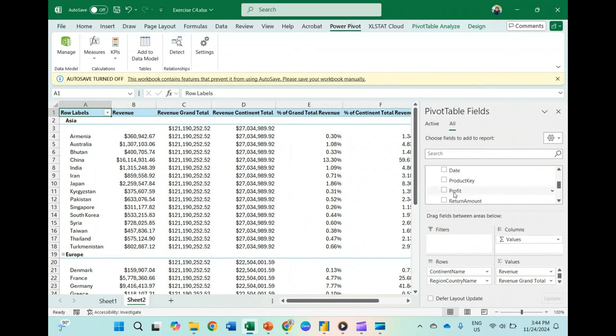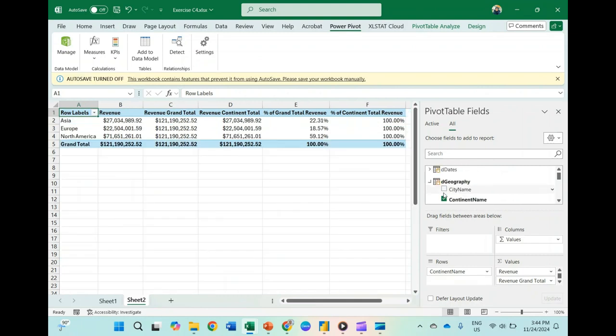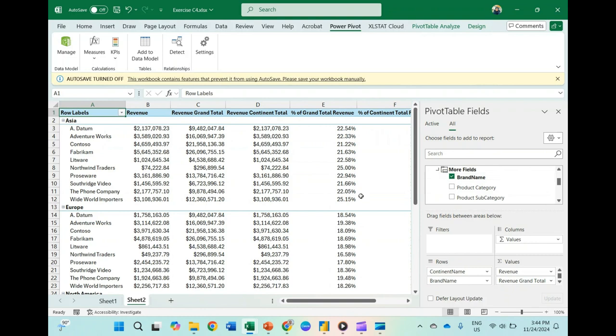Let's say you want to include a product brand. Just choose brand. Automatically it will create the revenue for this brand in this continent. Grand total for this Asia, and this is based on this continent.